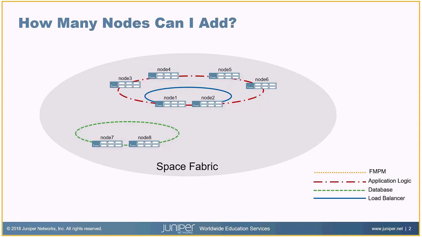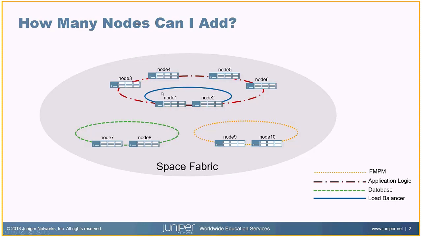You don't necessarily have to have 8 nodes to have dedicated database nodes, but there they are. And then finally, you could add 2 dedicated FMPM nodes. So you could add any number of combinations here to the number of nodes that you have. So if you wanted to have, maybe you just have a 3-node cluster, which is the example we'll show you in a minute,